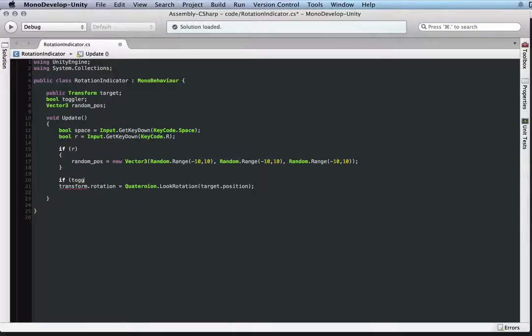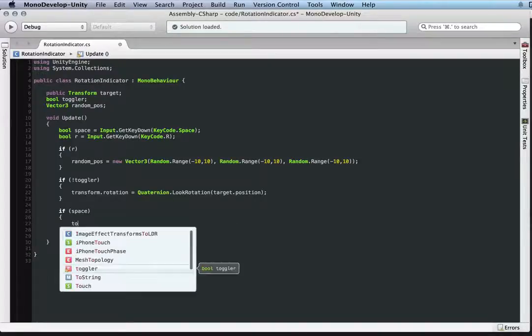It's just a shorthand. And how will we let Unity know when toggler is true or false? Well, when we press space. So if space, right, if this boolean is met,